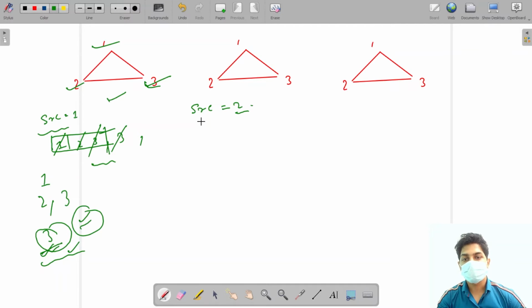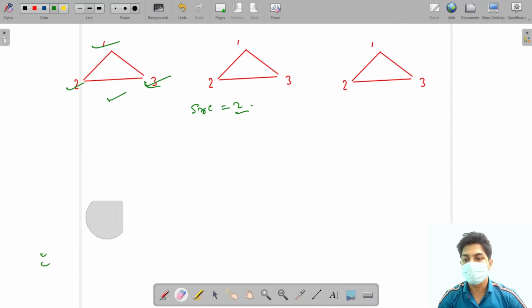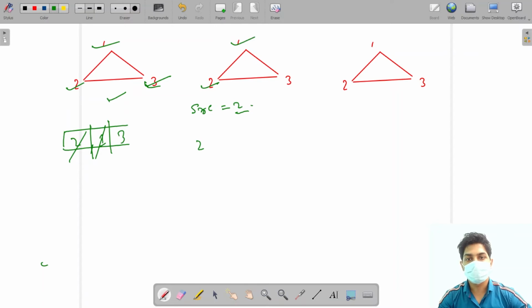Okay, so now let's see whether we are revisiting a visited node again or not. This time 2 is our source node, this is our queue. We have added 2 in the queue. We'll remove the 2, mark it as visited, print 2, and add the neighbors, that is 1 and 3 will be added. Now we'll remove 1, mark it as visited, print 1, and its neighbors which are not visited, that is 3, will be added.